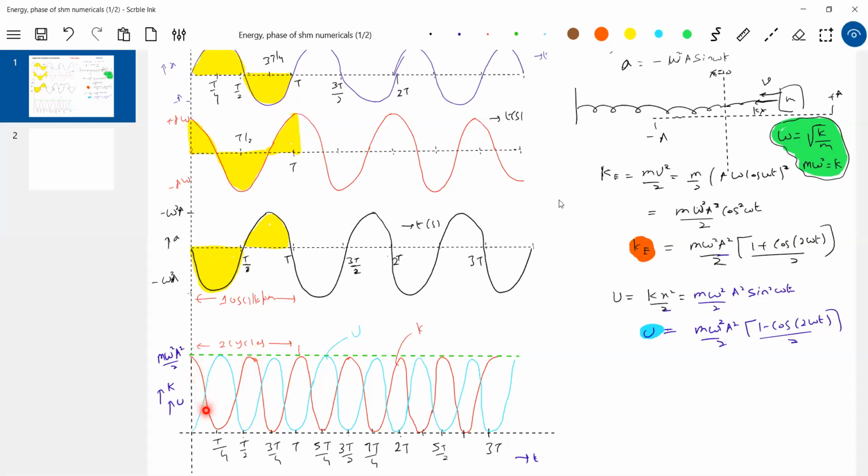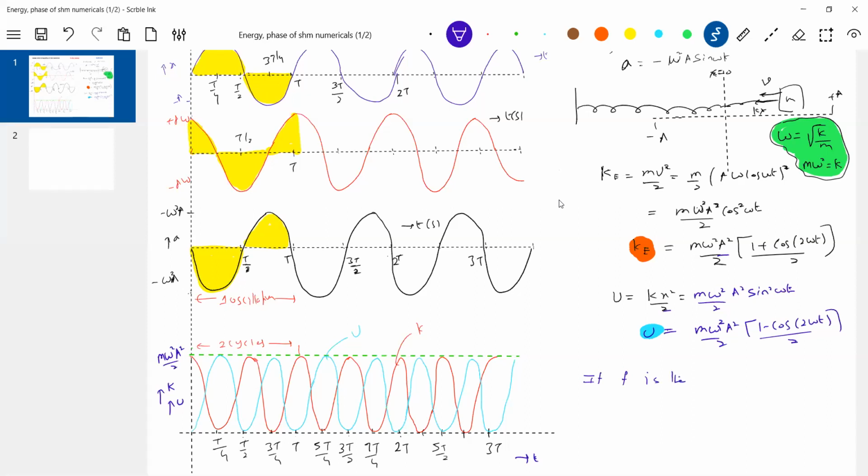So if you plot only the kinetic energy variation, it will become one oscillation or one cycle. So therefore, what is the time period of the kinetic energy or potential energy variation? It is half of it. Or shall I say, what is the frequency at which kinetic energy and potential energy vary? Twice the oscillation frequency. If f is the frequency of oscillation of the block, what will be the frequency of kinetic energy and potential energy variation? It will be 2f. This is what I'm going to conclude here.